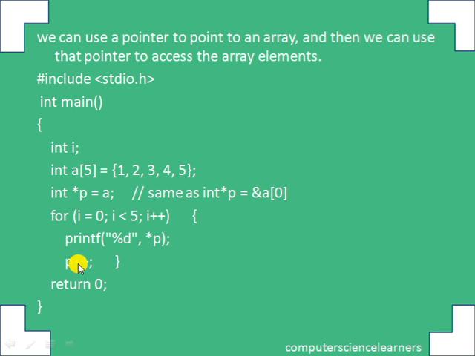Here p plus plus means the pointer variable is incremented by the size of the particular data type, whichever address is stored in the pointer. So here p has an integer address. What is the size of an integer? Generally 2 bytes. So p plus plus means what? If p is 1000, p plus plus means 1000 plus the size of the integer.